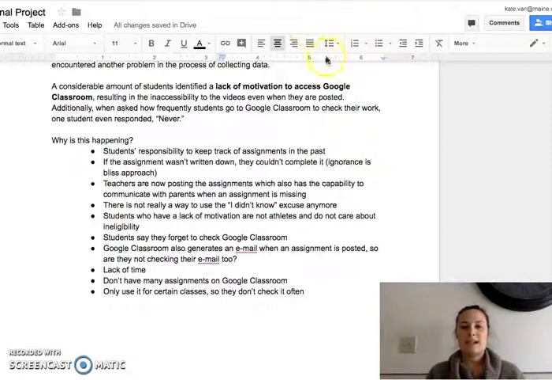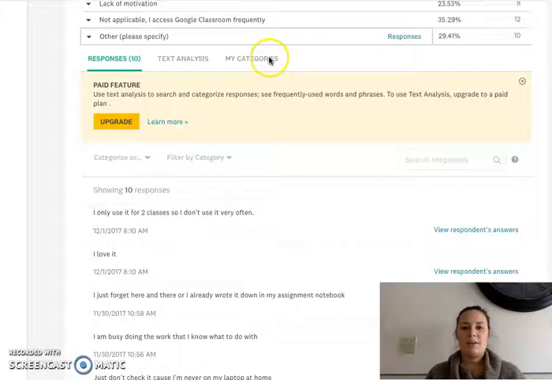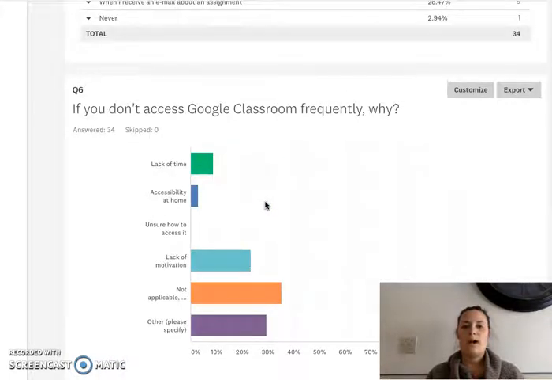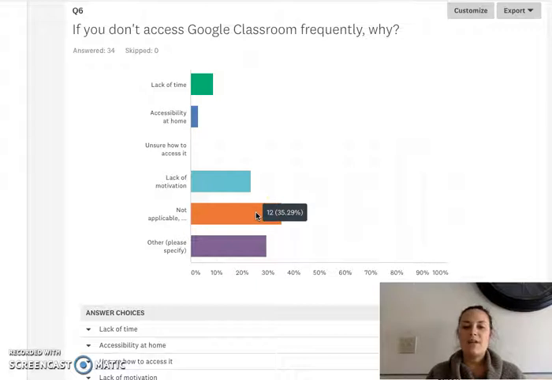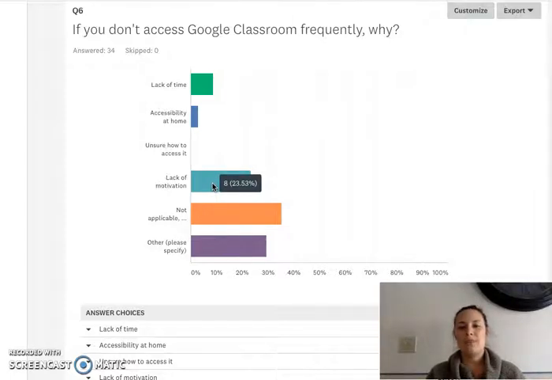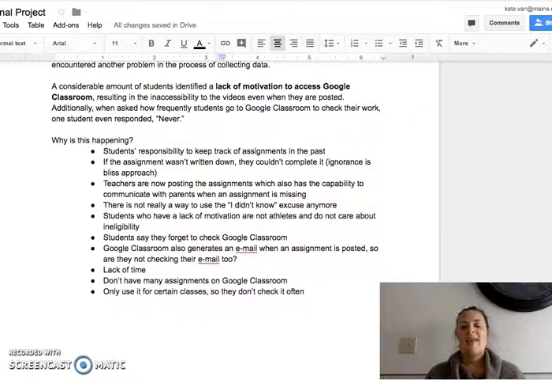one of the pieces that really stuck out to me was, although it wasn't the highest number per se in why students don't access Google Classroom frequently, it certainly wasn't the highest number out of all of them, but the lack of motivation to even have 8 students out of 34 say that they don't access Google Classroom frequently because they're not motivated really struck a chord with me, and that was what I used to focus my additional problem